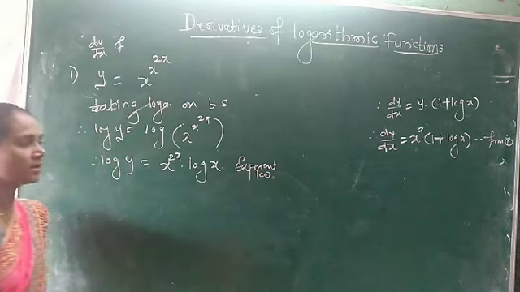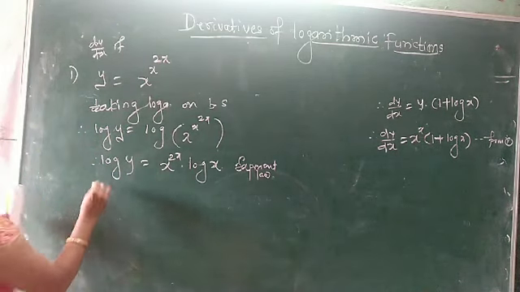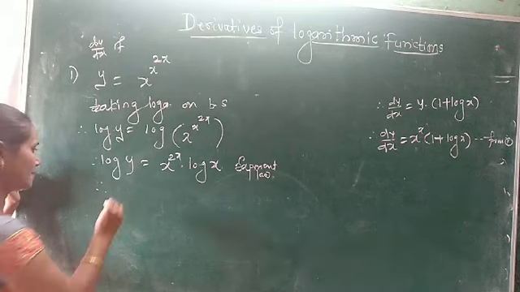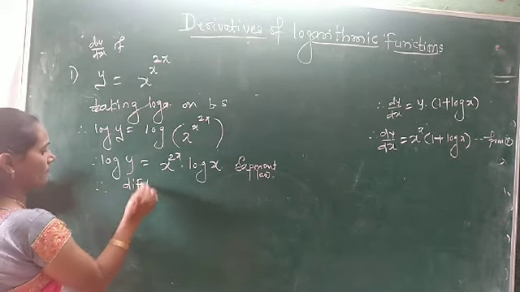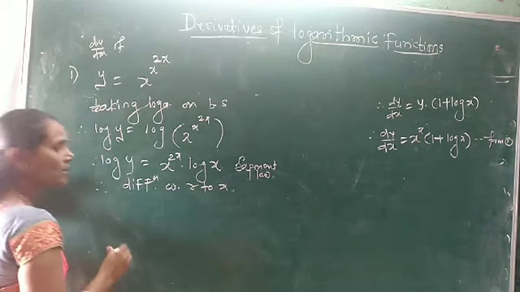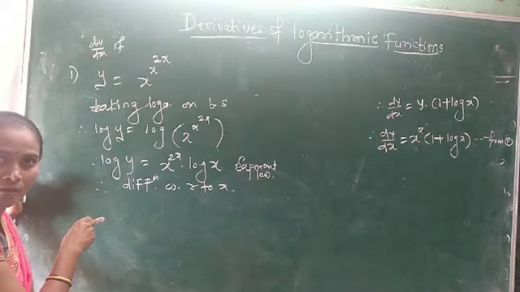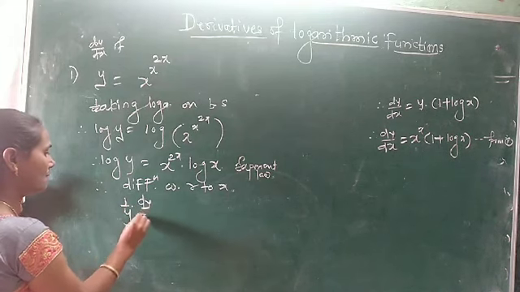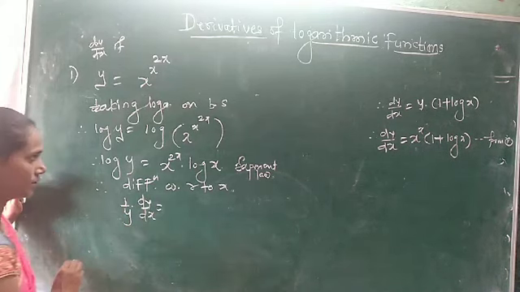By using exponent law of logarithm. Now differentiate with respect to x on both sides. So again, what is the derivative of log y? 1 upon y into dy upon dx is equal to